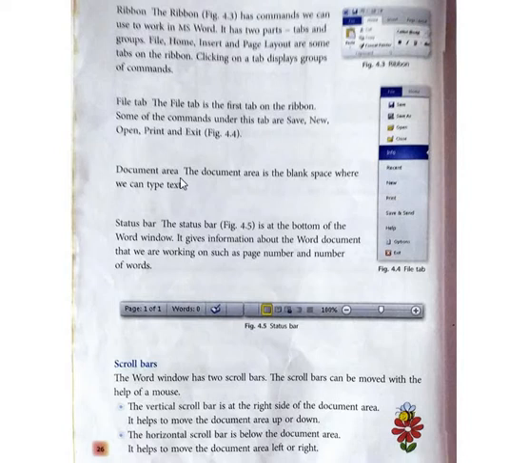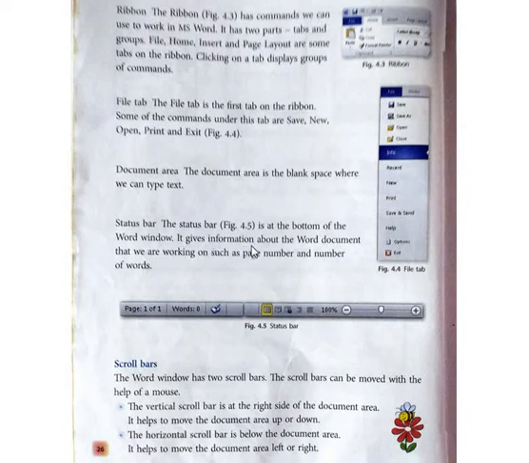Next is the document area. The document area is the blank area where we can type text. This is the biggest part of the MS Word window where we are typing our text. Next is the status bar. The status bar is at the bottom of the window.